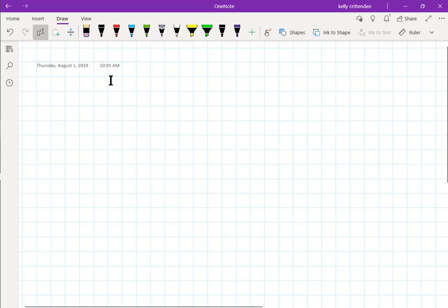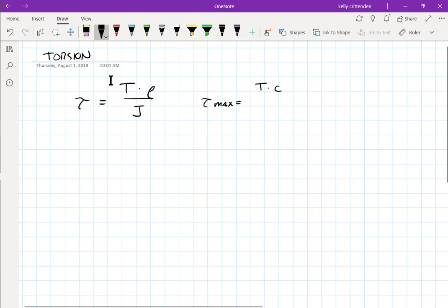So last time we were working on torsion and we had this equation tau equals T times, and then you either had a rho or a C here. I'll put rho since I did tau instead of tau max. Sometimes you saw it as tau max equals torque times C, and remember C was the outer radius, over J. J was the polar moment of inertia, where for us, since we're limiting our torsion to circular cross sections, shafts